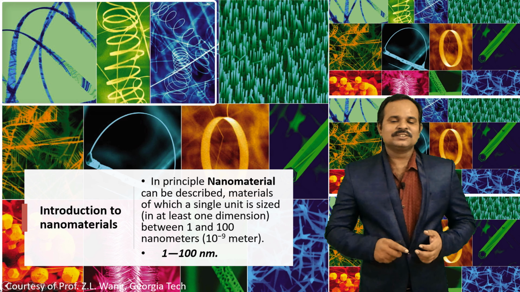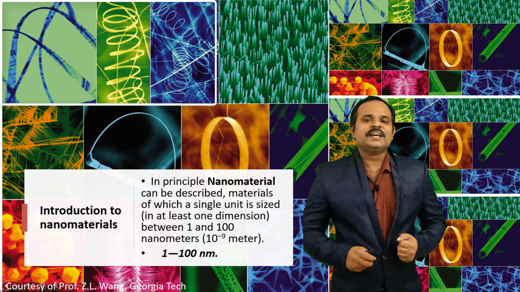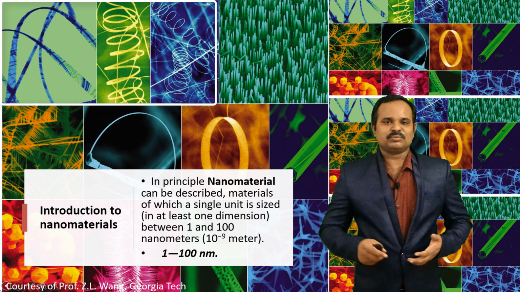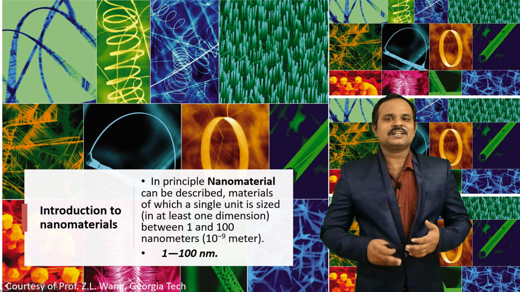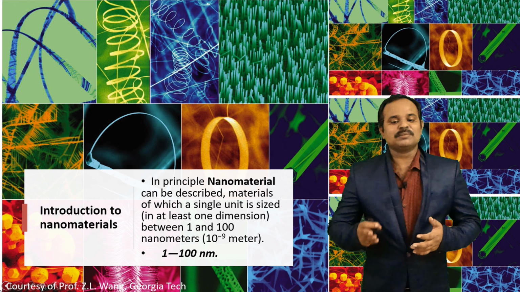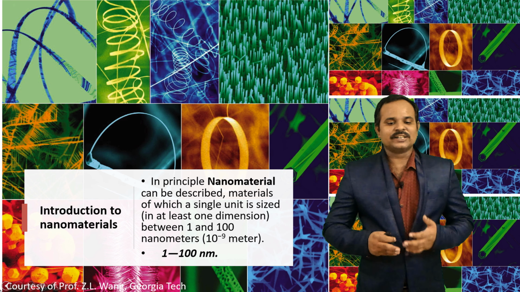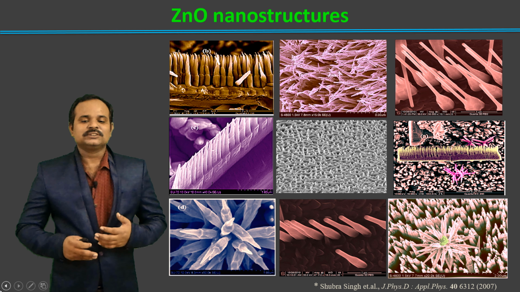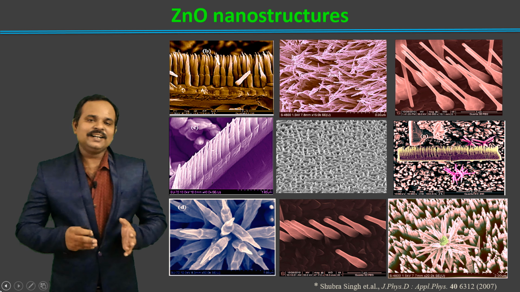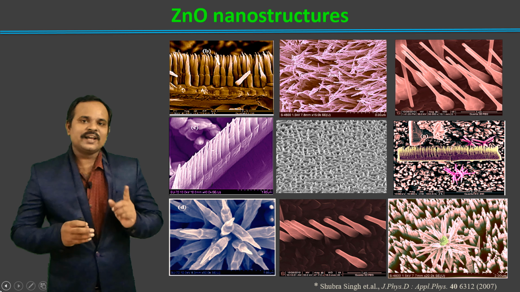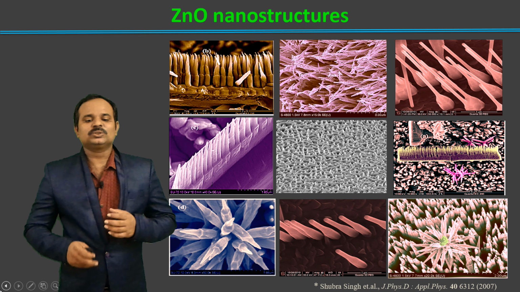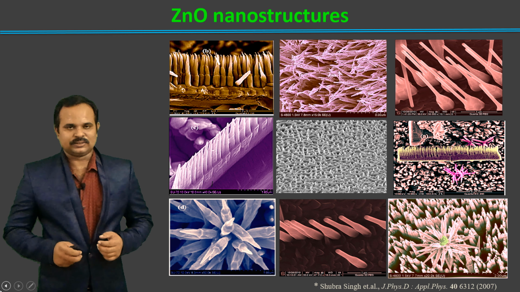We can also see the ribbons. The thickness of the ribbon is of the order of 10 to 15 nanometers, but the length might even be 1 to 2 microns. Still, we call these ribbons nanoribbons. We can also see various examples: nano rings, nano triads, and many other nanostructures like nano walls, nano flowers, nano rods, etc. In all these materials, at least one dimension is in the range of 1 to 100 nanometers, so we can call all of them nanomaterials.